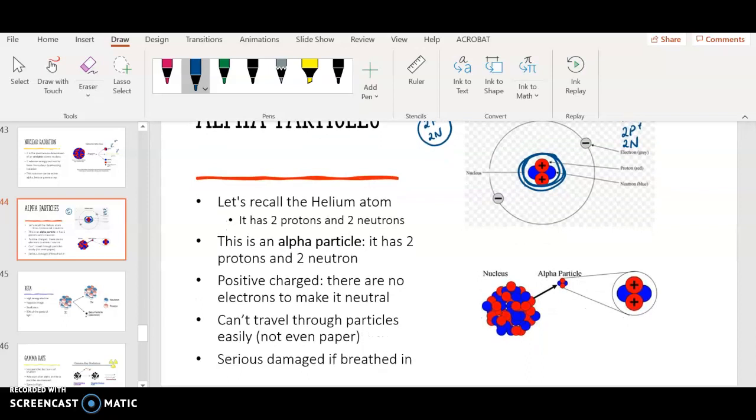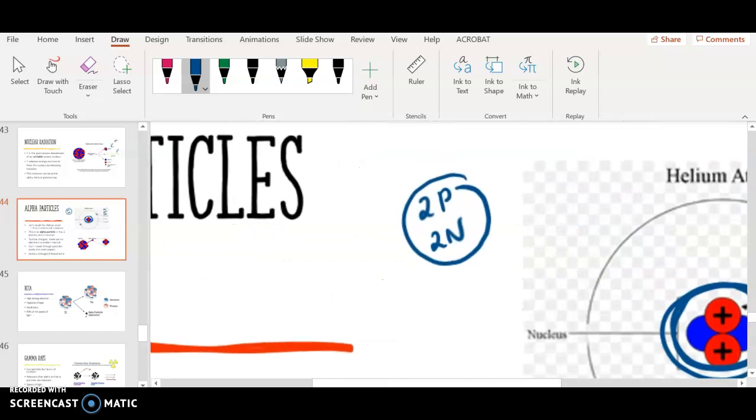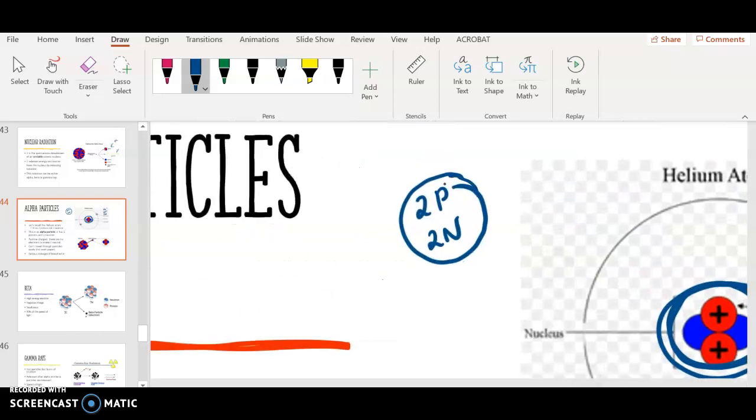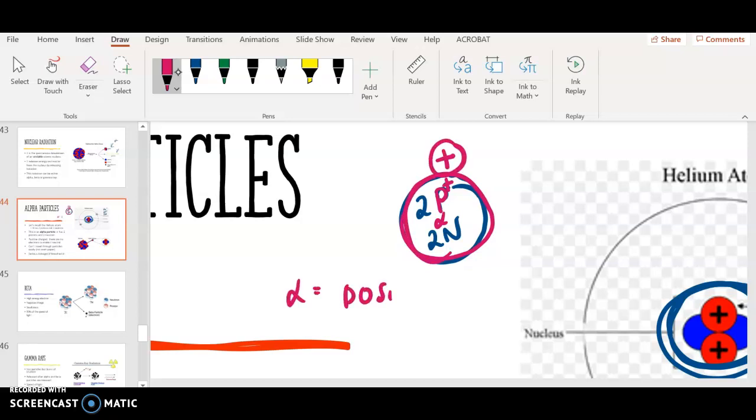As said in the second dot point, an alpha particle has 2 protons and 2 neutrons. If we look at this particle, the protons are positively charged and the neutrons don't have a charge, and there aren't any electrons. Because there aren't any electrons to balance it out, it has 2 positive charges, which gives this entire thing a positive charge. So the alpha particle is positively